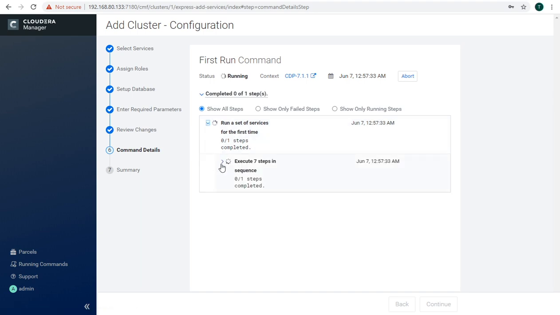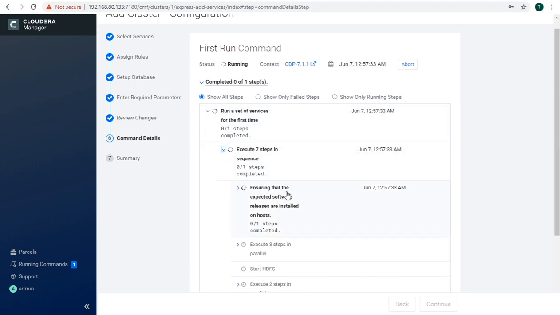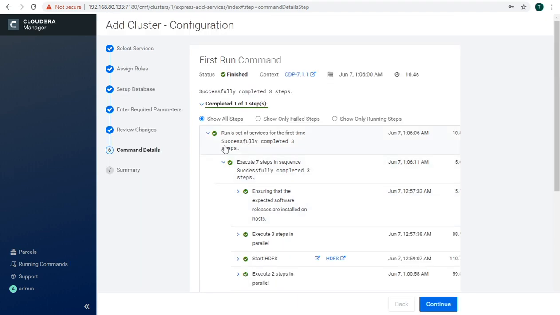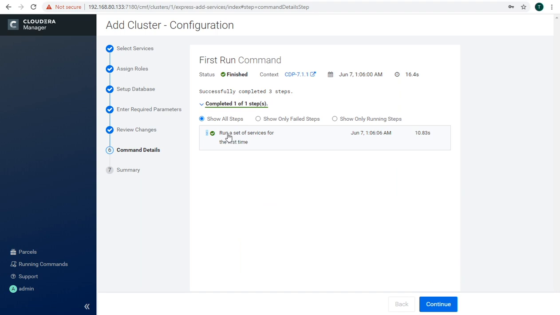So here it will run a set of services for the first time. So all the commands have been executed successfully. We'll see, run a set of services for the first time.